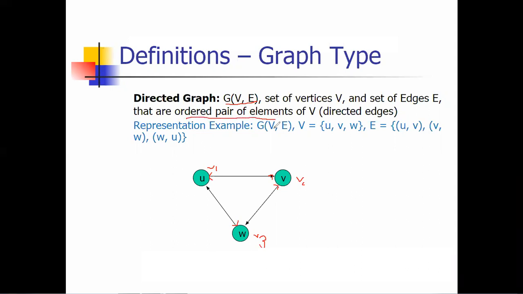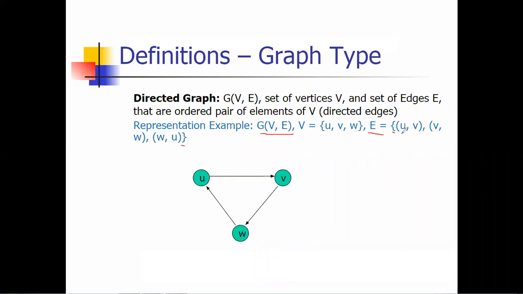Why is it called an ordered pair? Because the order should be maintained. So how are we going to maintain the order? The mathematical representation of a directed graph is G(V, E). V means vertices, that is u, v, w. These are the vertices in round brackets. Then E equals, just concentrate, curly bracket start, curly bracket end, in which you have to represent the edges.